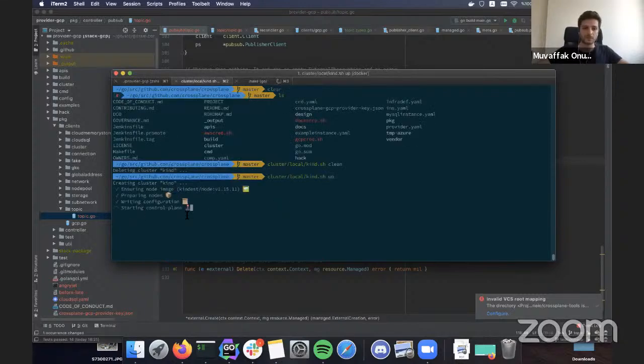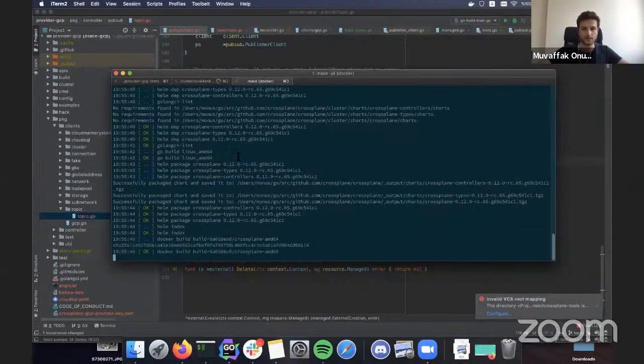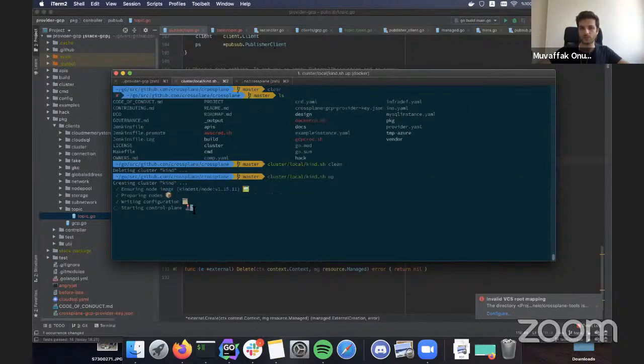Okay, so here my local cluster is coming up, and here Crossplane is building. So this is Crossplane itself building, not the code that we wrote. So we're just preparing the cluster for our experiments.